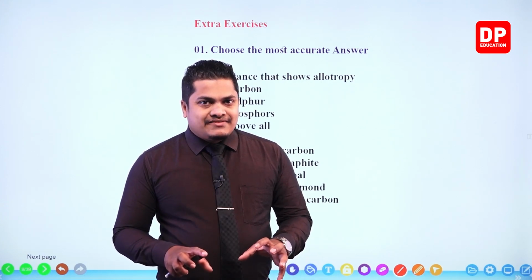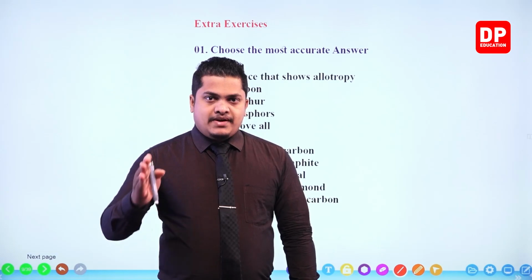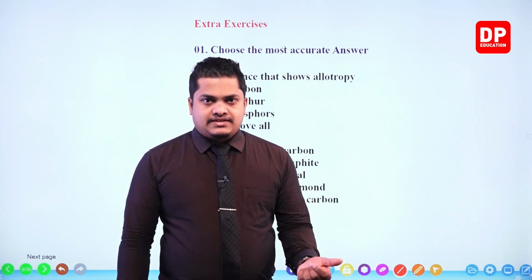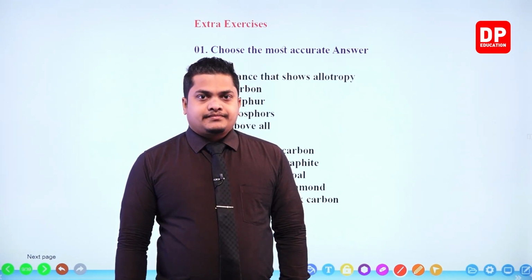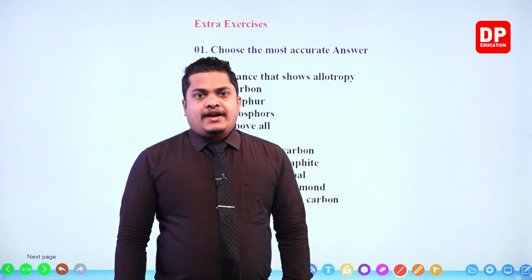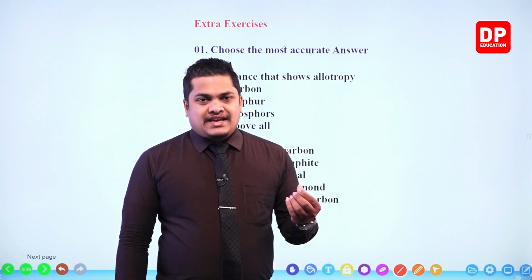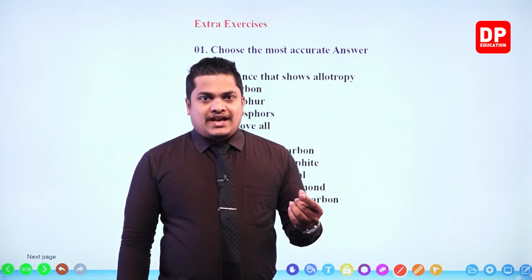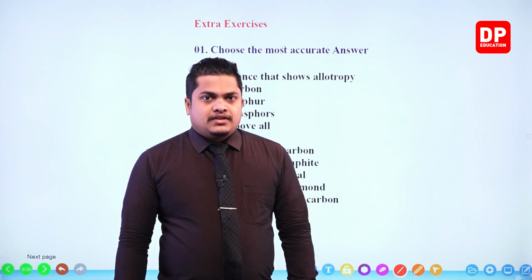So carbon is available as diamond, carbon is available as charcoal, and carbon is also available as another crystalline substance, which is called graphite. Graphite is somewhat slimy. That means the layers can slide past each other. It can slide, right? So it has a slimy nature. Then, my dear children, when you take graphite,